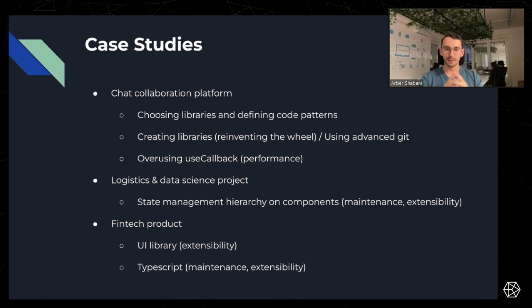The logistics and data science project, the state management hierarchy and components, that was quite good, because we implemented a state management hierarchy at the top of the chain, the containers part. That made it quite efficient, because the whole team was moving with ease, implementing stuff. None of the team members were being blocked. And we managed to turn the whole project around, because it was refactoring a whole project from old React to the newer technologies, not changing React, but rather changing the routing and the old Bootstrap stuff. So it was quite a lot of changes, and this just helped the project be a lot more efficient.